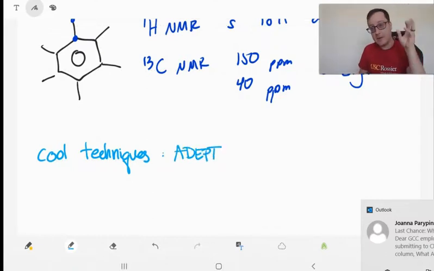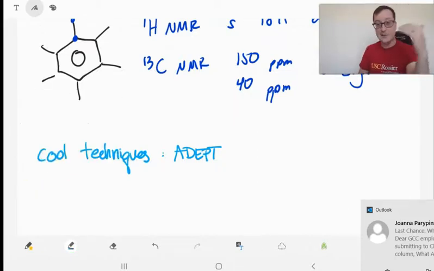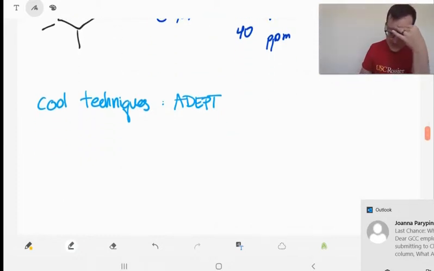DEPT, or DEPT as it's sometimes called. DEPT is Distortionless Enhancement by Polarization Transfer. I don't remember what the acronym stands for, but it's a pretty cool technique because it allows you to see different things. You'll get several spectra taken at different angles, and you'll see just the kind of